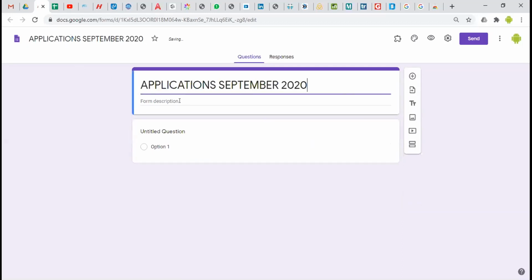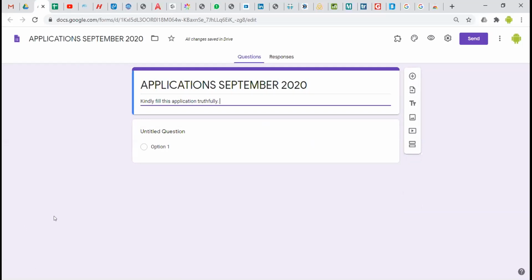It will automatically come here. So when I come here, I describe. I say kindly fill this application form truthfully. Just the way you give instructions on the manual form, you can just copy paste the instructions from the manual form to this one.